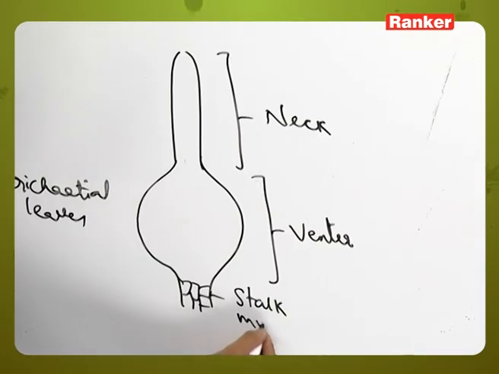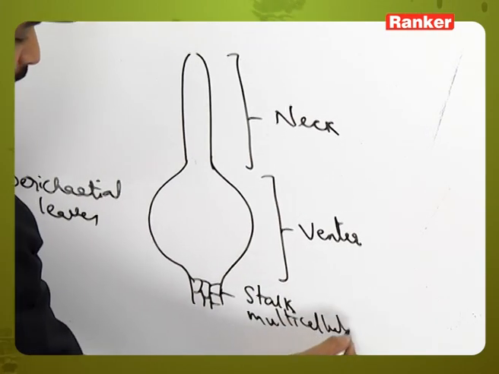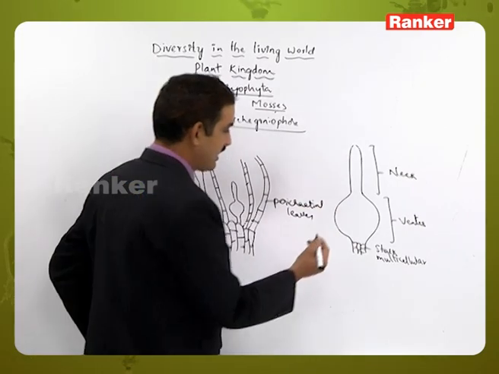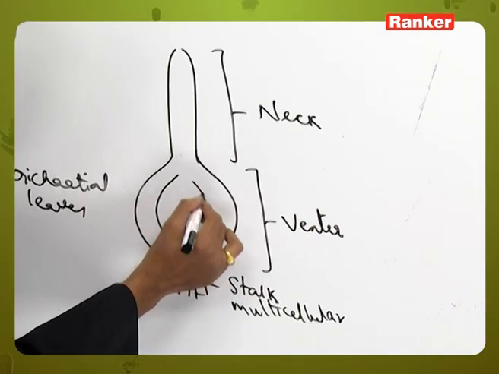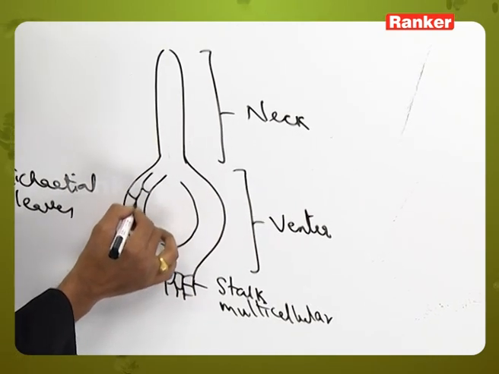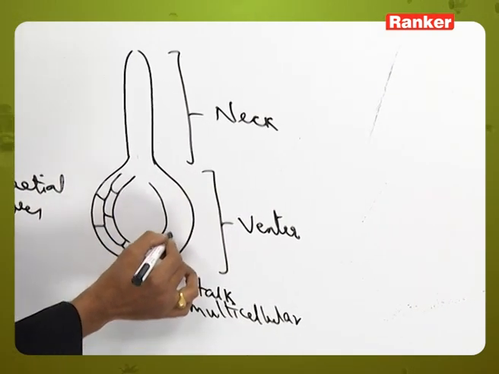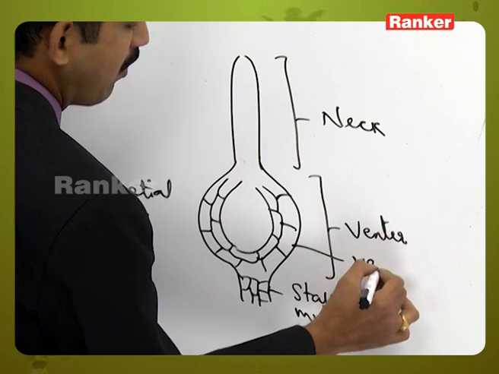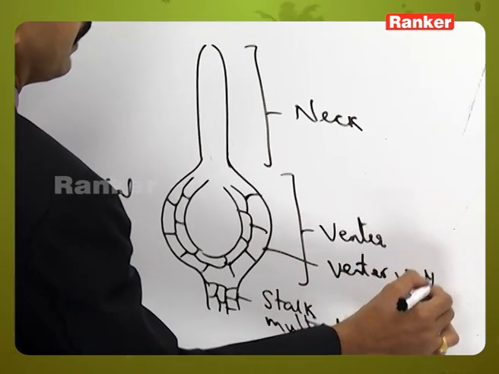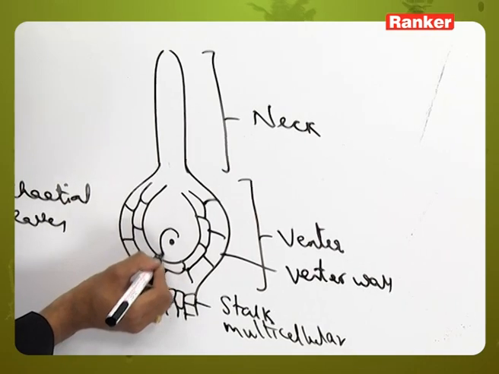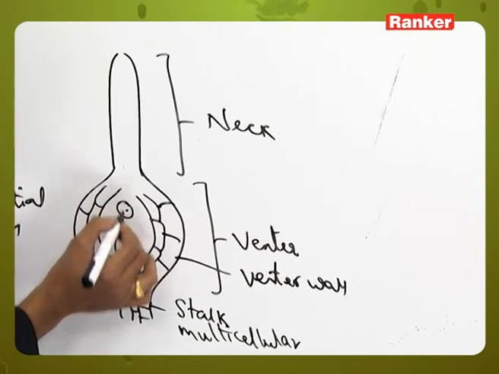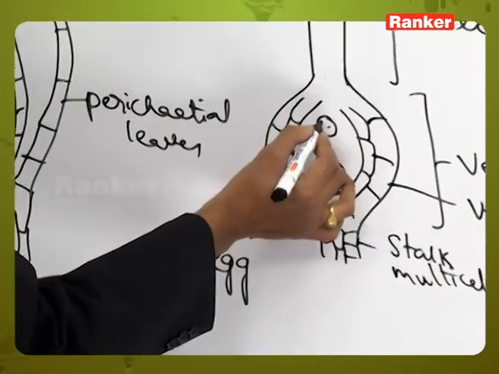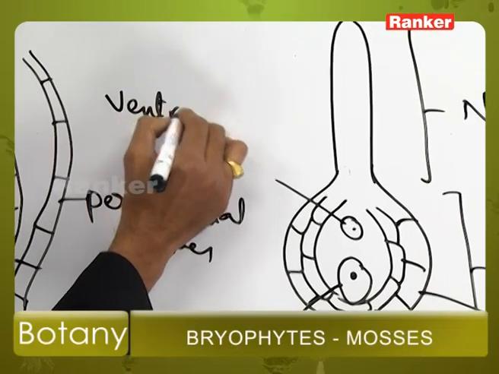Here the stalk is multicellular, which helps in attachment of the archegonium to the branch, and the venter region contains two nuclei, and this is surrounded by two wall layers. So this is called the venter wall, and in which we can see a big nucleus on the lower side and a small one on the upper side. The larger one which is present on the lower side is called the egg, and above that the smaller one is called the ventral canal cell